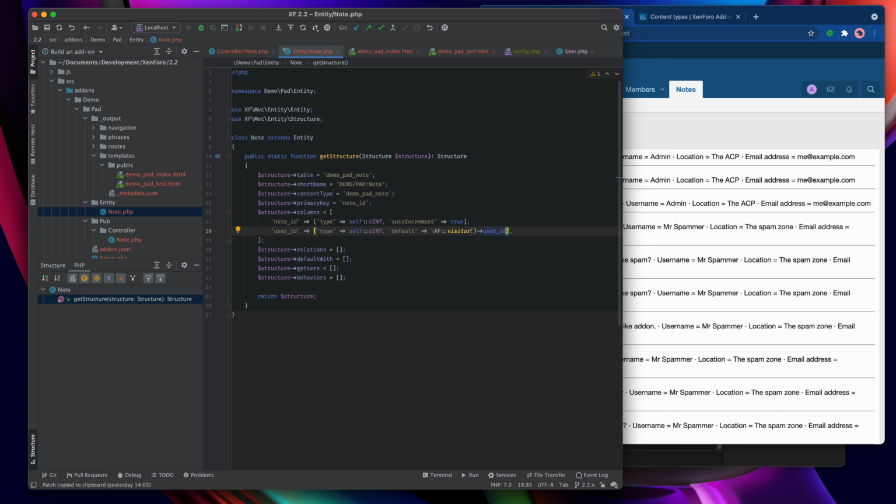Now, what have I done there? What this is going to do is, when we created our sort of empty entity earlier on with the entity manager, we didn't assign it any information initially. And so what it would do in those cases is it would populate the fields with the defaults. And so this is saying, if we don't specify the user ID, then default it to the user ID of the current visitor. So essentially, whoever's currently using it. We're also going to limit this to logged in users. So XF visitor user ID will always have a positive value. Right, let's go to the next one.